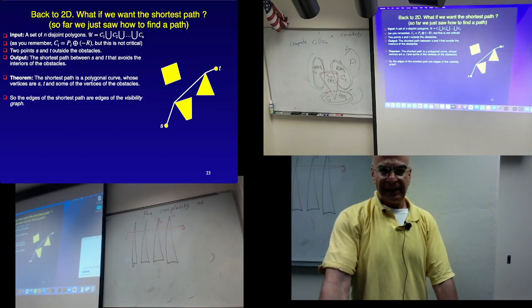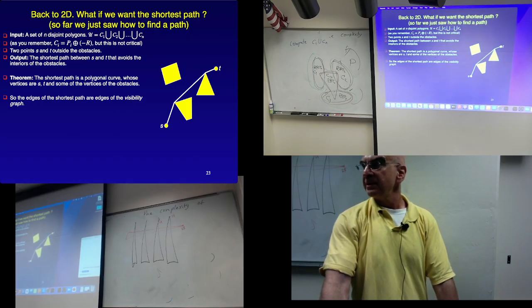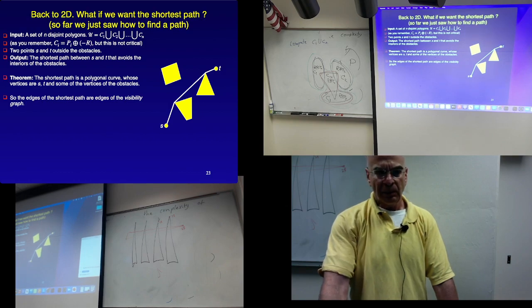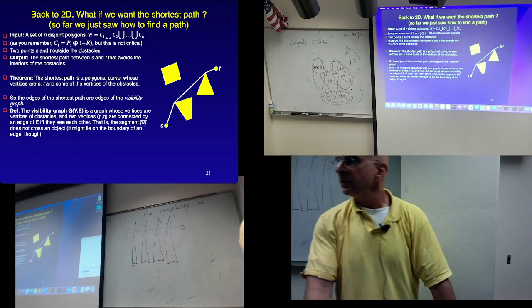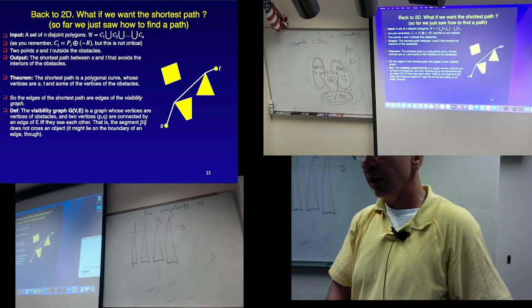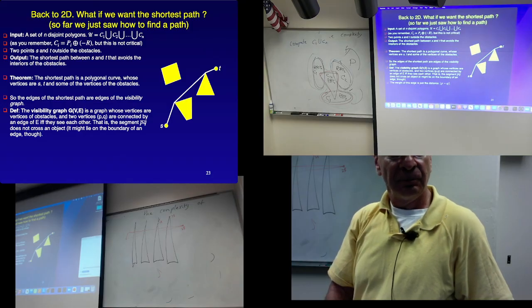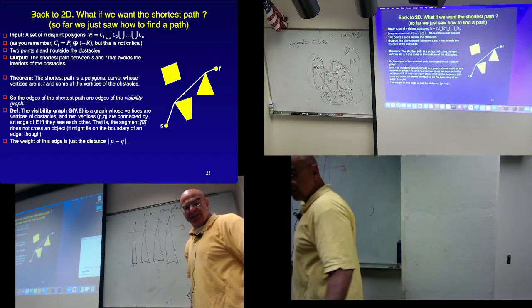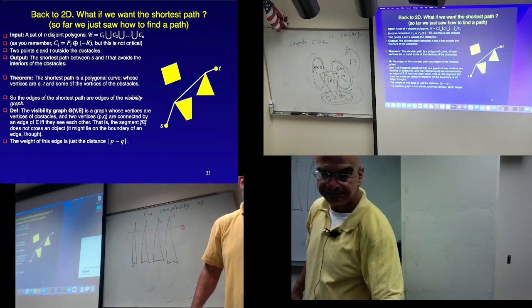So every edge of the shortest path is also an edge of the visibility graph. What is a visibility graph? We already saw one example of the visibility graph when we talked about the art gallery. Let's be a bit more formal. The visibility graph